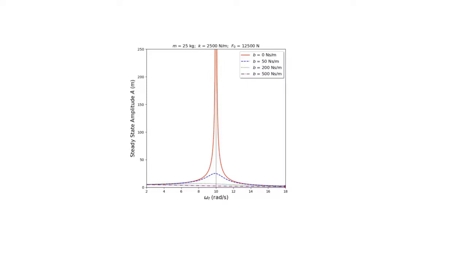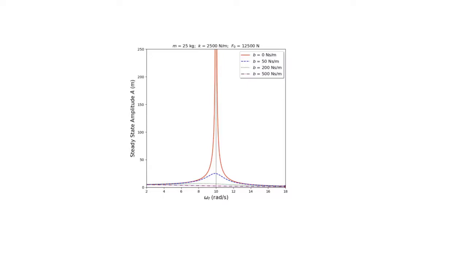And what does the damping force in the blue case mean? It means 50 newtons for every meter per second. So it means that the velocity that you gain with the resonant effect can't just go up indefinitely. At some point, the damping force will simply be too large. You can't get to 1,000 meters per second because that would mean you'd have a 50,000 newton damping force. So yes, you're going to get faster. The mass will move faster and faster, but only so fast. Eventually, the damping force will override the contribution of the external